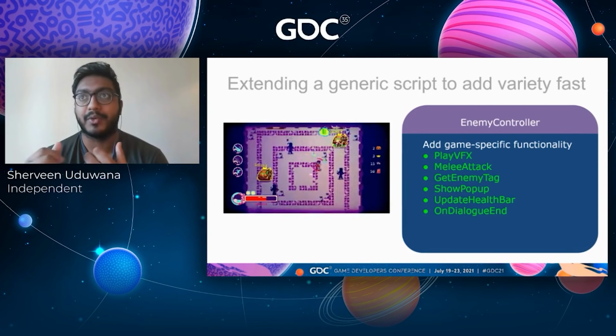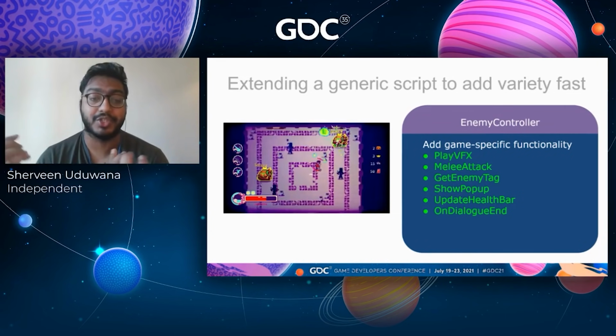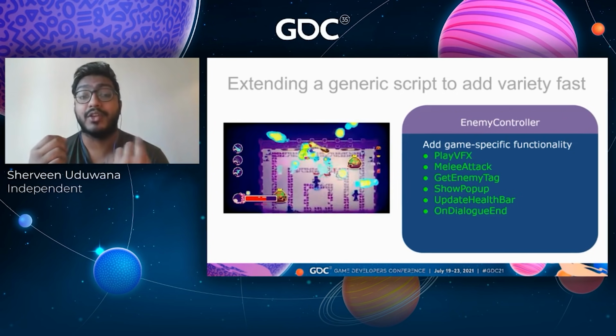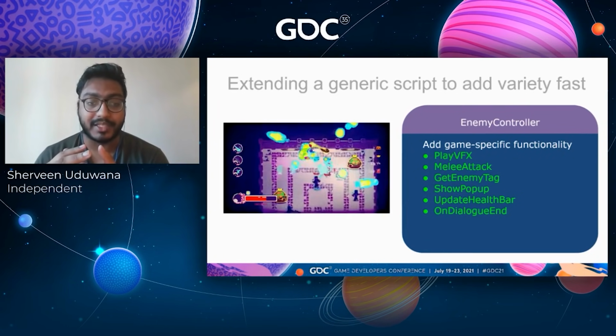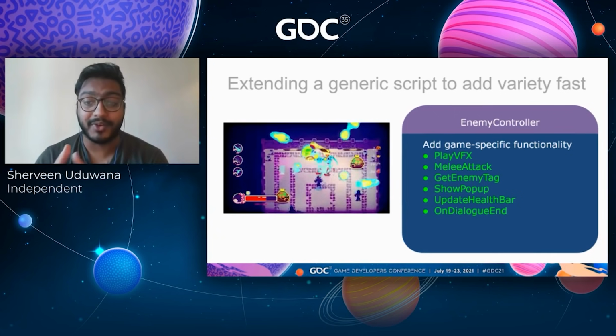So I could do something where, if the player has this specific attack, maybe it has a special effect. If you attack a shielded enemy, maybe it makes the shield explode. So I can know that just from the enemy's properties. That's the thing I added that was necessary for this game. But again, if I was implementing this for a different game, I might not need that. So it's important to keep it light and add things later on.